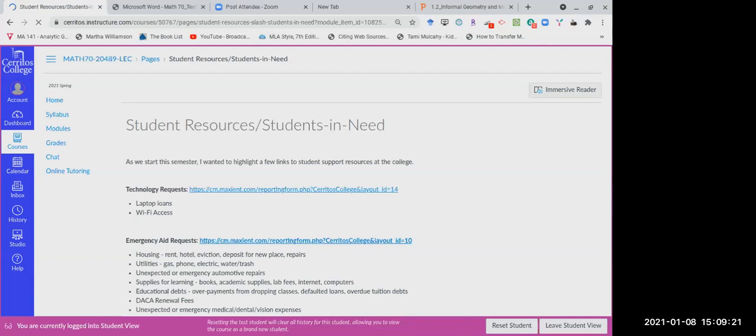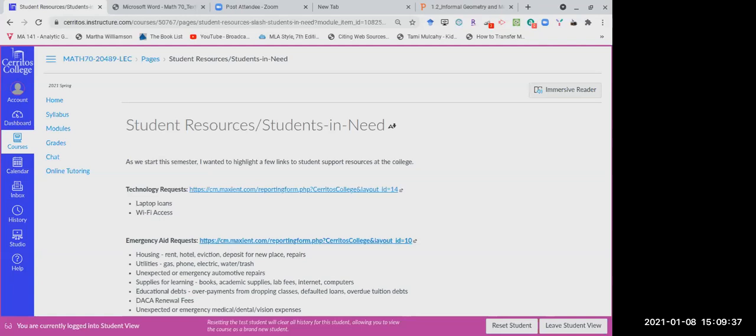student resources for students in need. This page is auxiliary resources. If you have need of a laptop, if you don't have Wi-Fi access and you need a hotspot, you can fill out the form at the link.